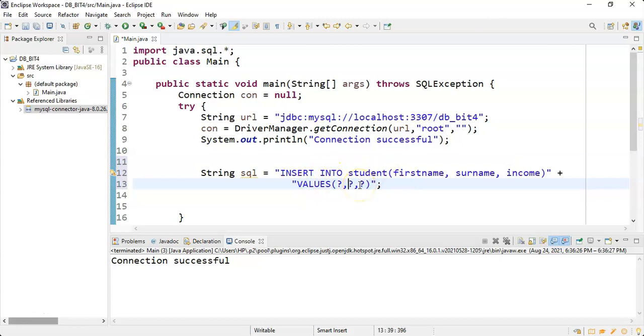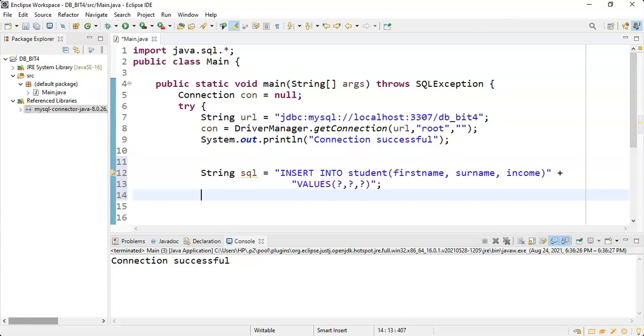The values are not yet put, and this statement is going to be sent to a connection method called prepareStatement,